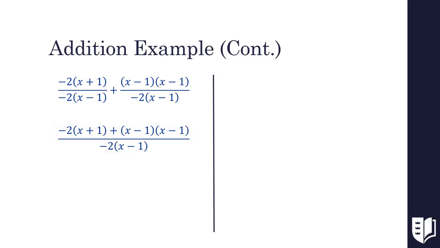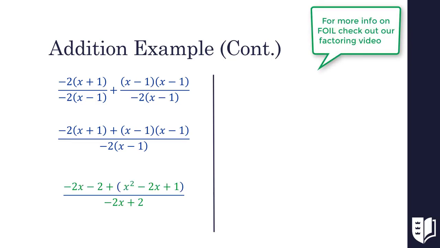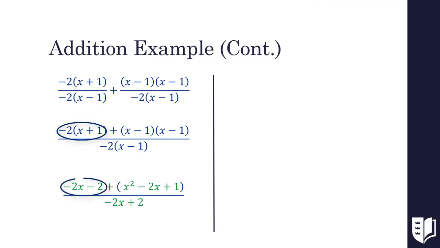To simplify the numerator, we need to multiply inside our parentheses. This includes foiling our two factors of x minus 1. Multiplying inside our first set of parentheses gives us negative 2x minus negative 2. We add this to the x squared minus 2x plus 1 that we got from foiling inside our second set of parentheses. Now that all of our work inside parentheses is done, we can remove them and order them so